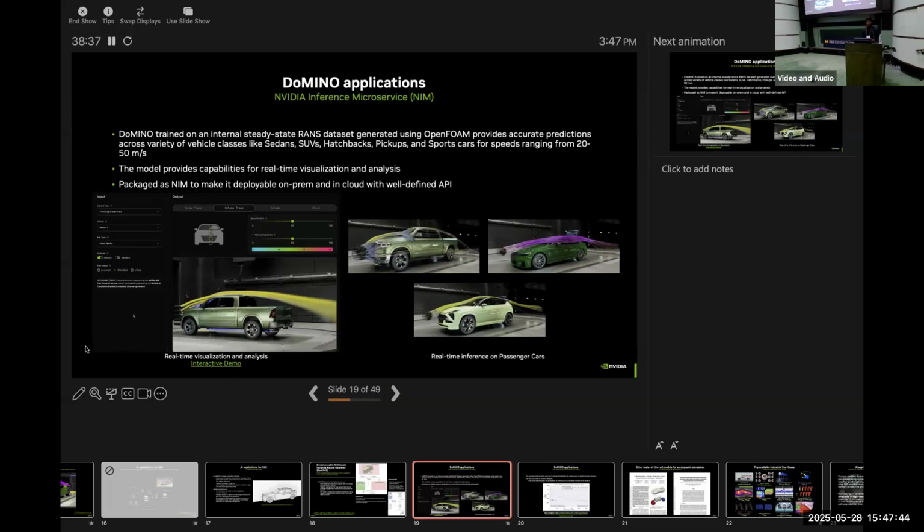Once you have this model trained, you can do some interactive visualization. As I'm showing here, some of these things are hosted through build.nvidia.com, the page that Chris showed in his presentation. Here you can see I'm turning the mirror on or off, and also changing the car geometry, and it's going to give a real-time flow field. All of this is real car geometry, so very high resolution meshes. Here, you're turning the spoiler on or off, and you can see how the flow field reacts to those changes.